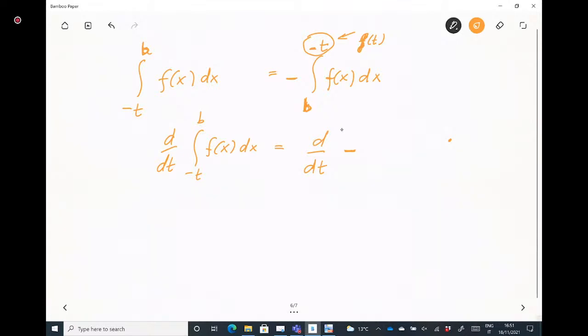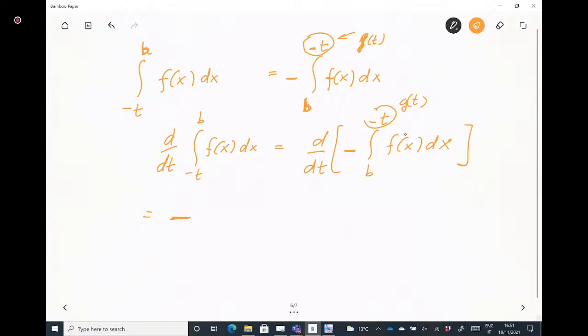So you transform this like this. Now, remember that this is g of t, and its derivative is minus 1. So it is minus,